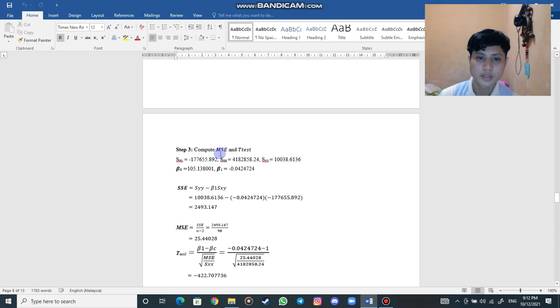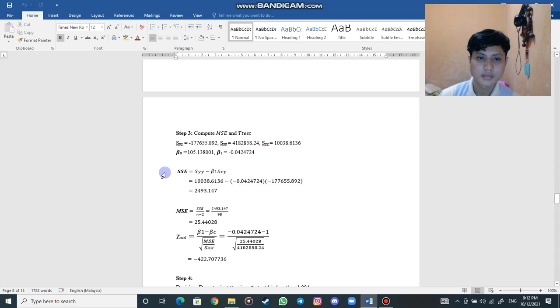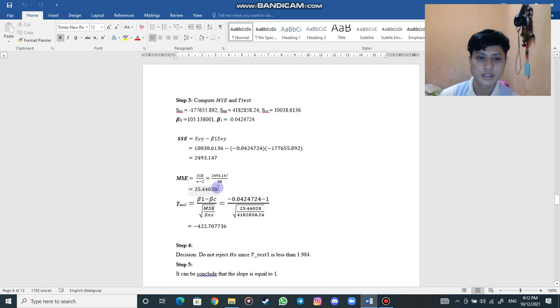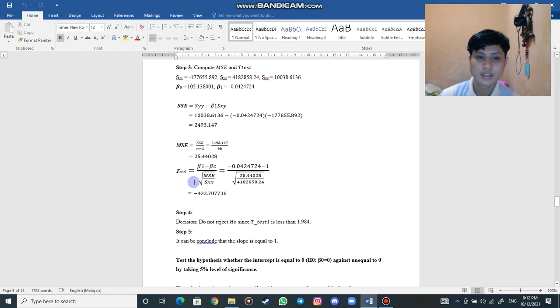Step 3, we compare MSE and the t-test, and we put in the values that we got from above: SSY, SSX, SYY, B0 and B1. Then we calculate the SSE, and we get this, and then we calculate the MSE, we put in the value, and we get this. Then the last part in the t-test, we use this formula and put the value into the formula,